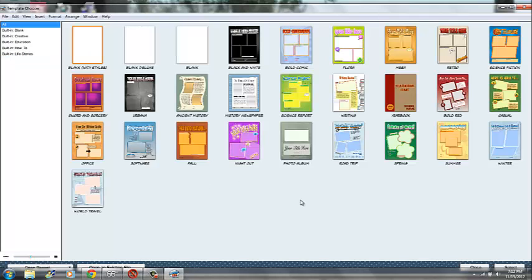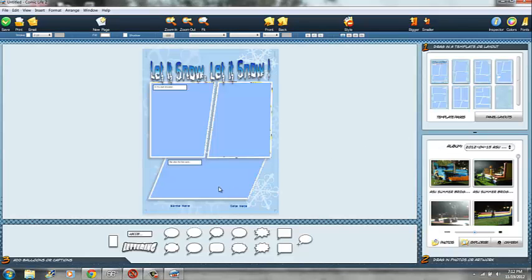Now, let's say that you want to create a comic all about winter. Click on the template. Then, you insert your name here and today's date,